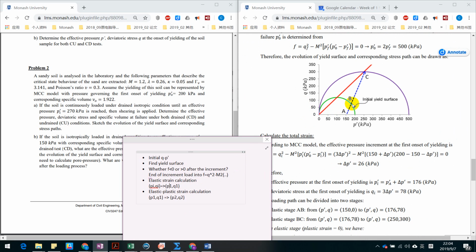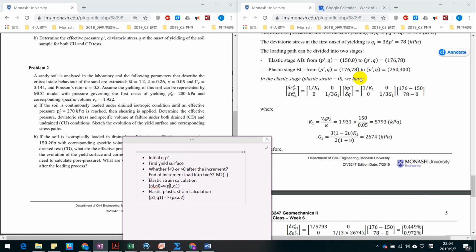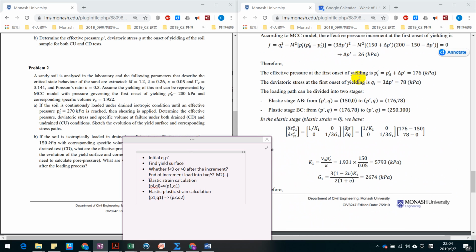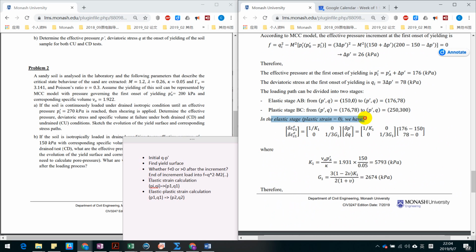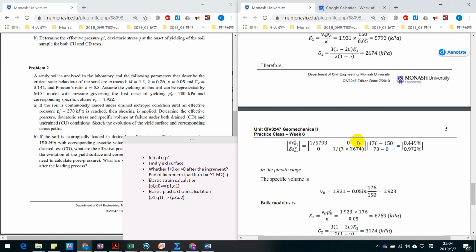After this, the stage B to C is elastic and plastic strain, so we need to calculate both components. So the procedure is here. As you can see, first the elastic strain A to B, from 150, 0 to this, and we plug that into the elastic formulation,